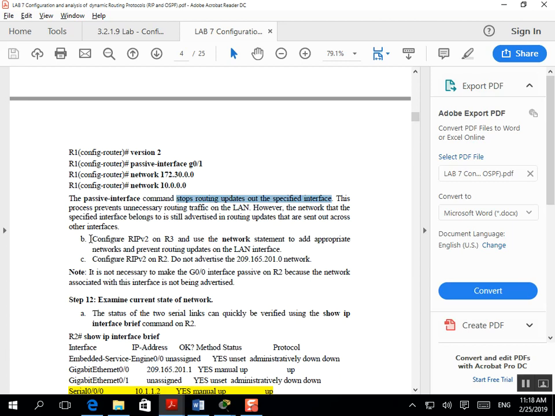This is for configuring RIP version 2 on router 3, using the network statement to add the appropriate networks and prevent routing updates on all interfaces. Here, configure RIP version 2 on router 2. Do not advertise the 209 network, because we will use